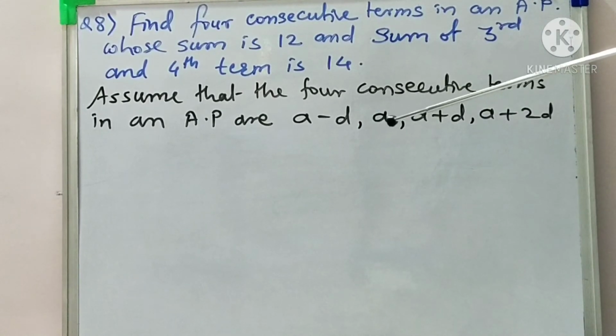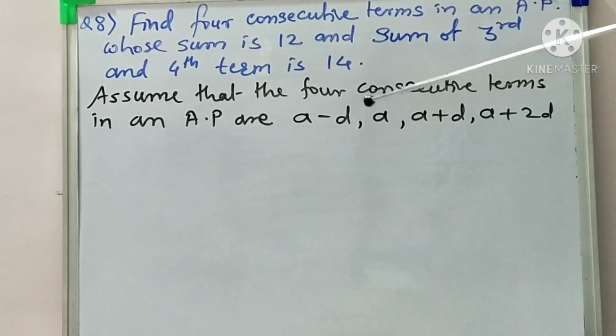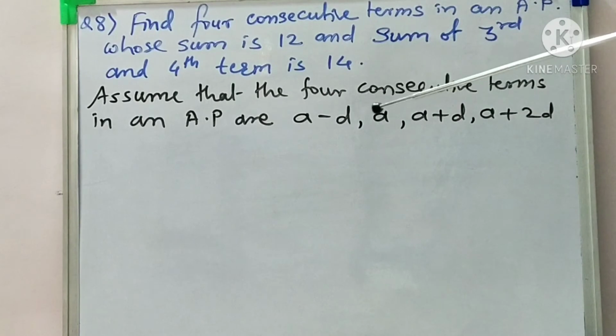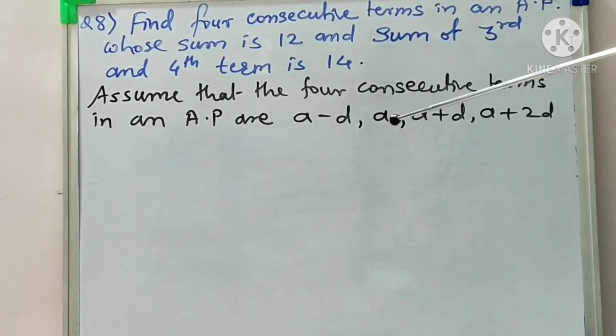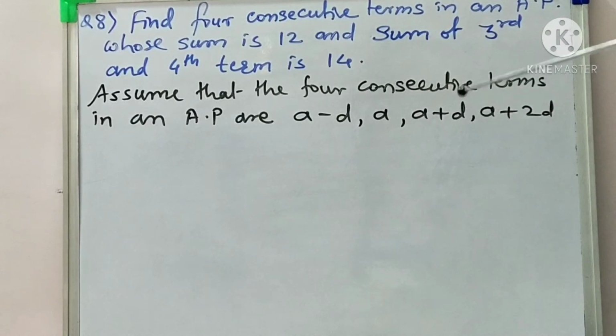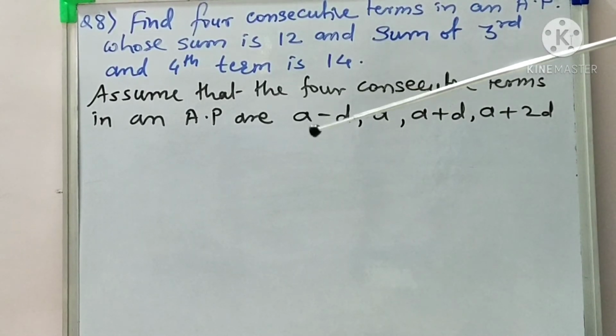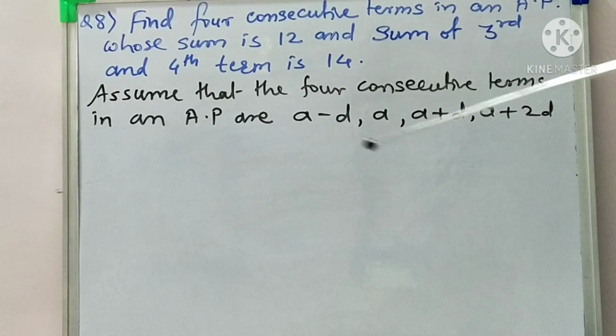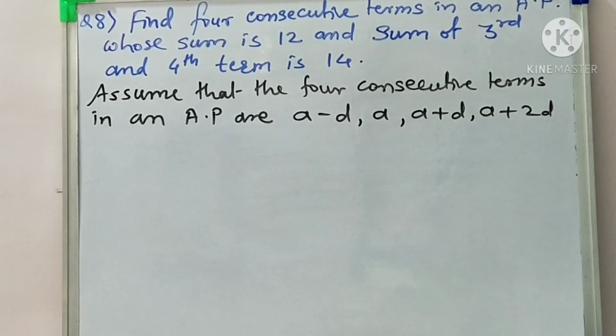Here a is not meant as the first term of an AP. आपण AP मध्ये काय करतोय, फर्स्ट टर्मला a कन्सिडर करतो, but for 4 consecutive terms that term is only a, not meant as the first term. आणि मग त्या a च्या पुढची टर्म काय करणार, d ॲड करून घेणार, a plus d, again we add one more d, so we get the next term as a plus 2d, and the previous term of a is a minus d. So like this we consider these 4 consecutive terms.